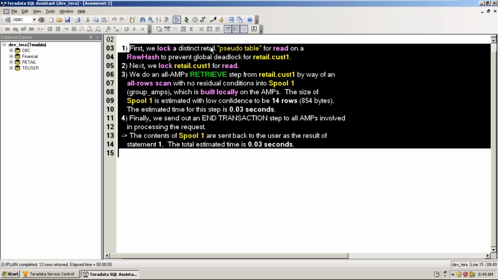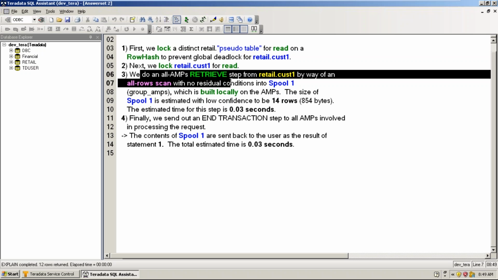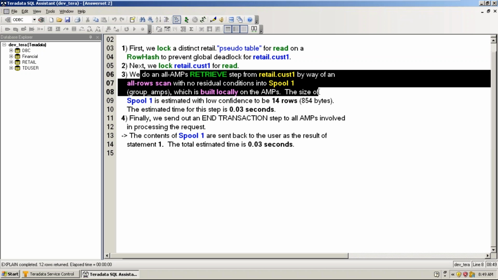First it has to lock, and then it has to retrieve rows from all the AMPs, because we didn't give any condition, right? So we are requesting all the rows, so it has to go and check all the AMPs in which this table is distributed and get the data back to the user.